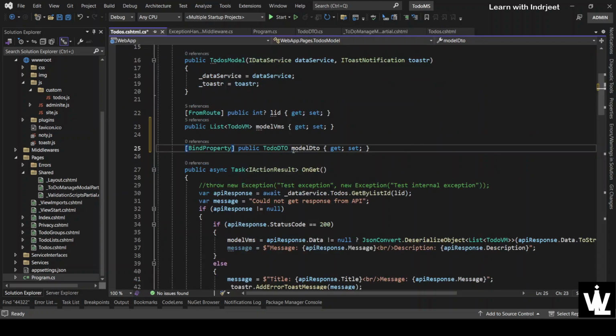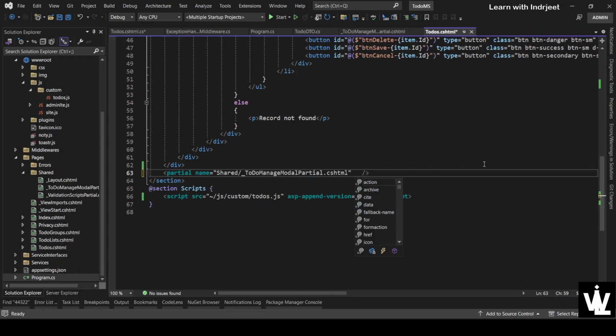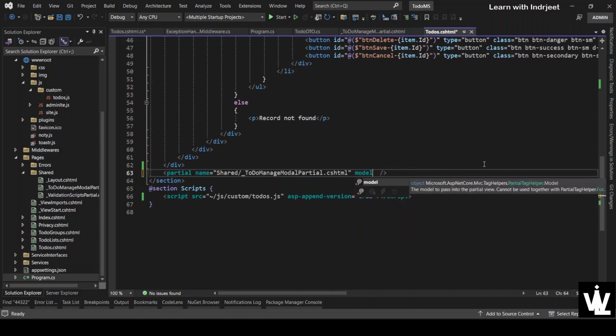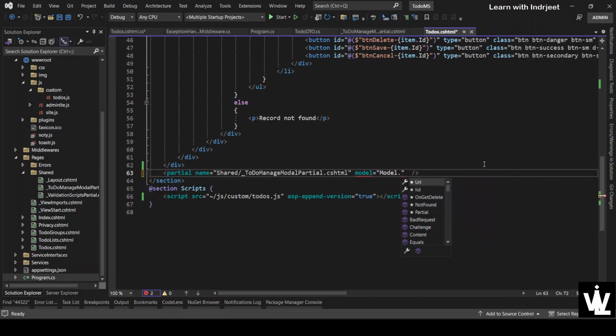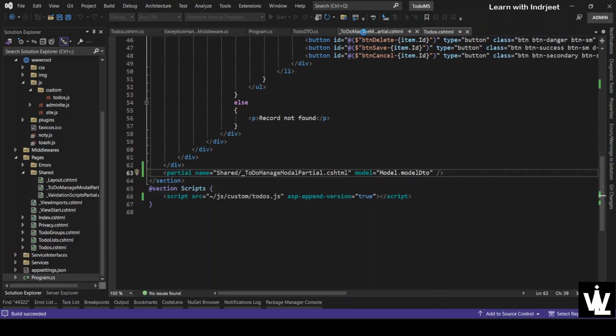Okay, so now let's use this ModelDTO while calling this partial view. So model is equal to Model.ModelDTO, right? Now we are passing the correct model to this partial view. Okay, now we should not see that error, and we'll continue working on the to-dos manage partial,